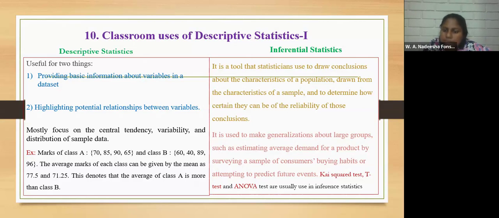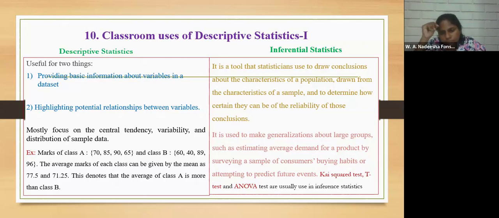using inferential statistics. For inferential statistics, we use chi-square test, t-test, ANOVA test. If you refer to those things, you can find ANOVA test, MANOVA test. Such types of tests are there. So here, chi-square test, t-test, ANOVA test, MANOVA test. For those tests, we have to use